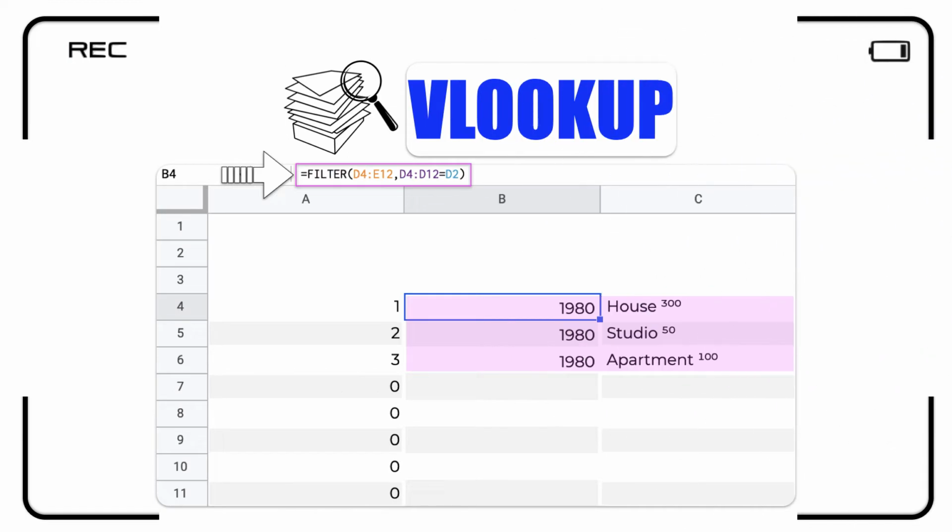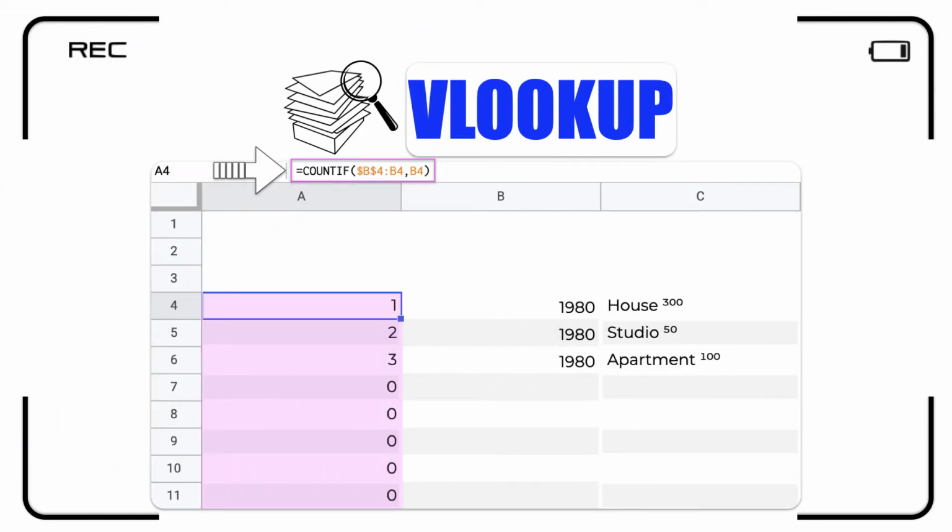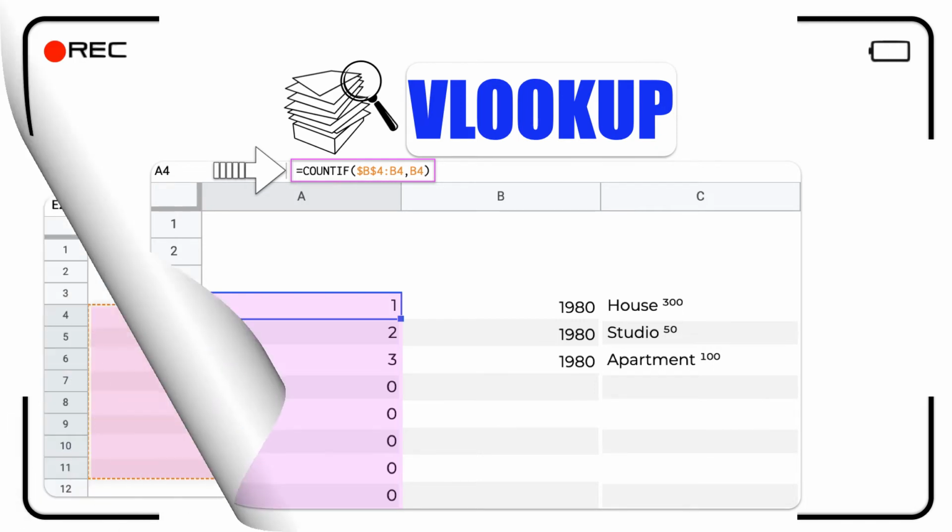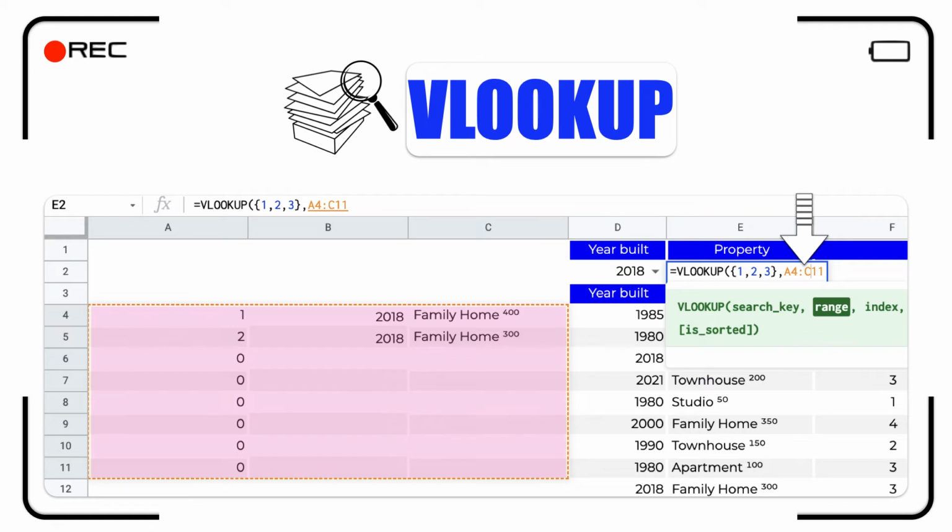To do that, first we filter the data, then count the duplicate using the COUNTIF function, and finally we use the VLOOKUP to get all the buildings from the helper column. The idea is to convert the search key to numbers, then add them as an array in the formula.